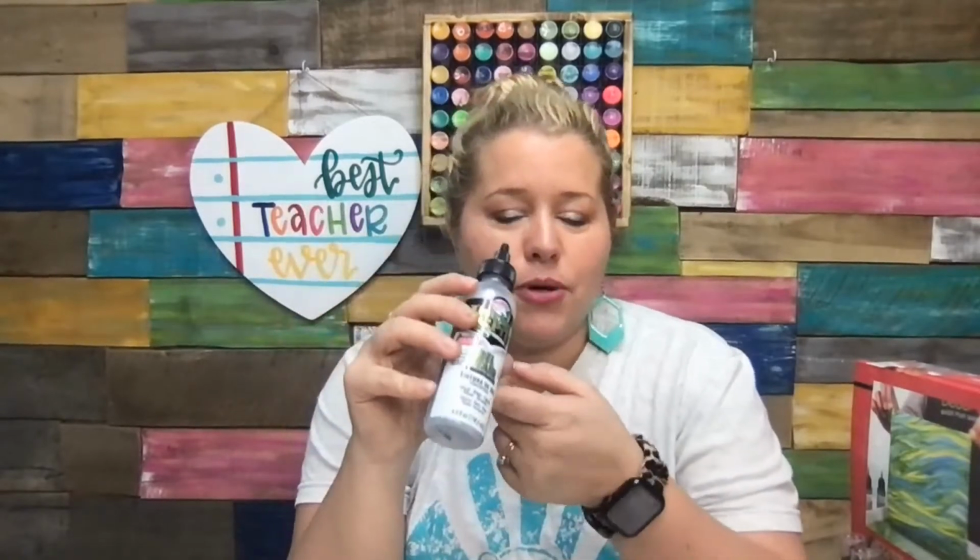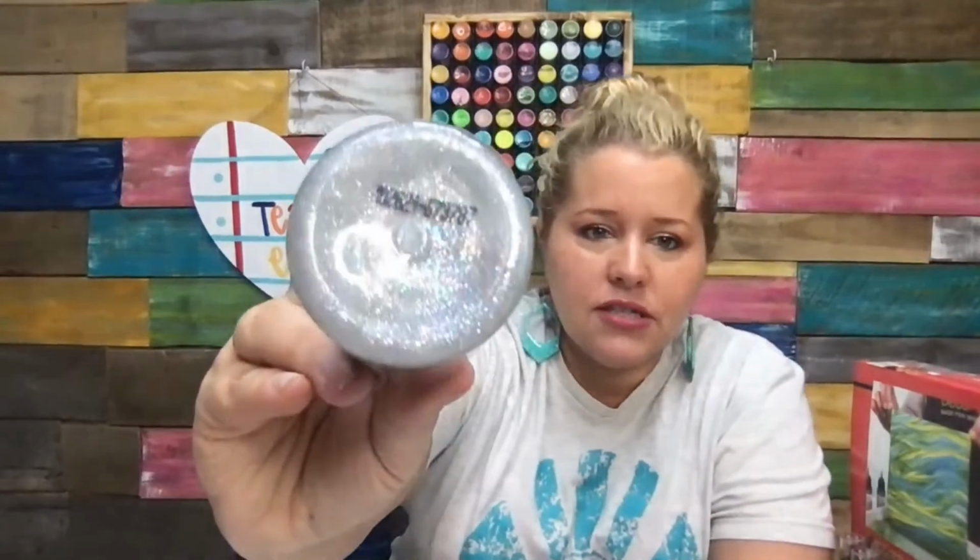So unicorn spit is just the name of their gel stain. And it comes in multiple colors. The only color I brought home with me in glitter was this. What's the name of it? I got to find the name. Iced egret or something like that. So it's just a real sparkly